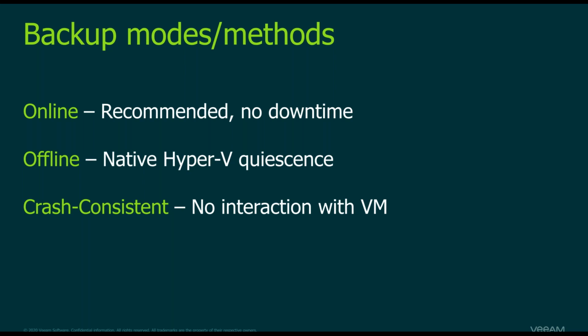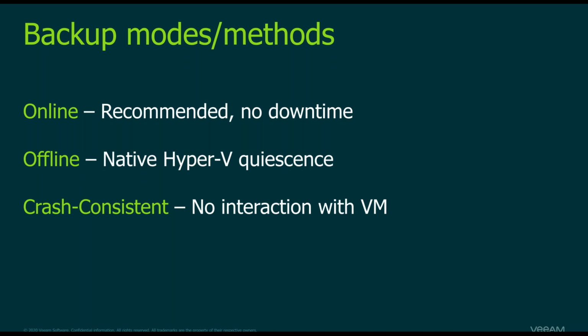So an offline backup is kind of a native Hyper-V quiescent backup, where we won't leverage any Veeam integration. It will get an application consistent backup, but there is downtime involved, right? The VM will be forced into hibernation in order for us to create a stable image. So probably not a tenable solution for most customers out there. And then finally,